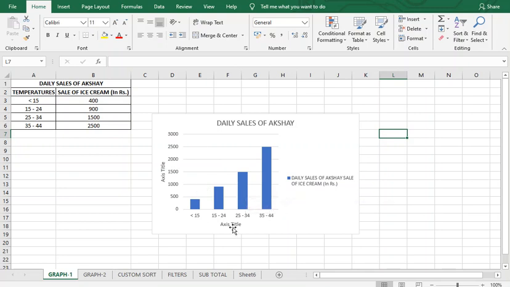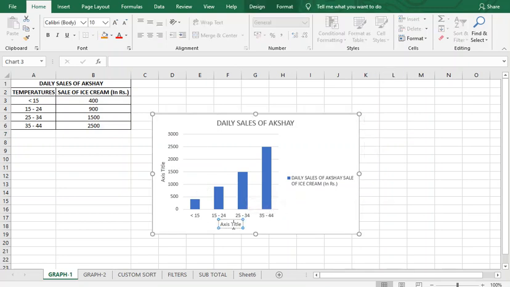Let's rename the axis titles also. This is our x-axis, so I am going to rename it. It should say temperatures, so let's write temperatures here, and let's go to the other axis title. This is our y-axis.